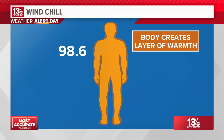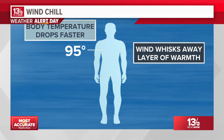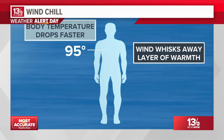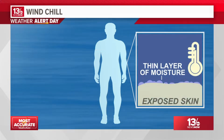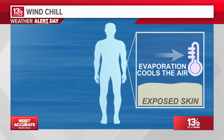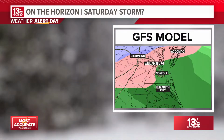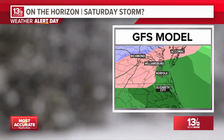So your body creates a layer of heat, right? When you have exposed skin, that wind will take away the layer of warmth that your body is emitting, right? So that will in turn drop your body temperature. And that thin layer of moisture on exposed skin will evaporate with the wind. The wind will evaporate that moisture away from your skin, so you're exposed, your body temperature drops, it'll cool your body, and you'll eventually end up with some frostbite if you're not properly protected. All right, let's touch briefly here